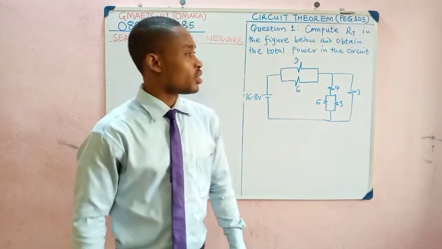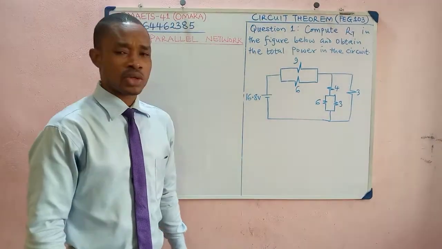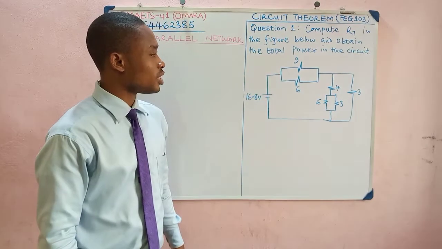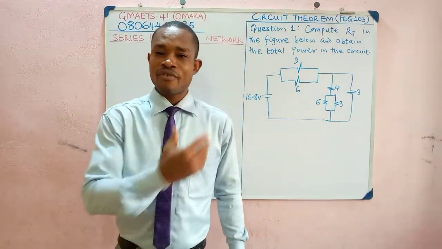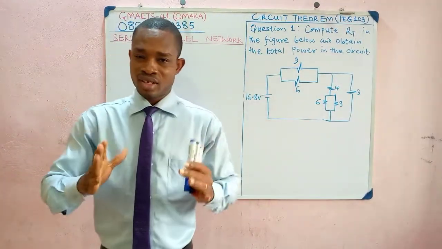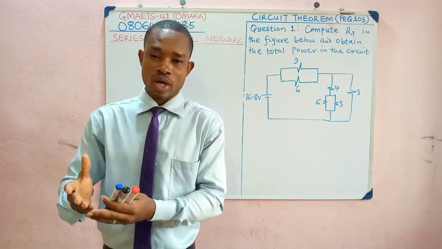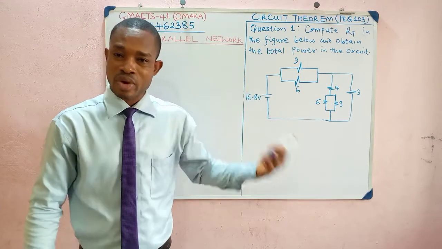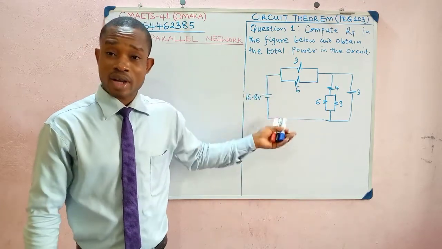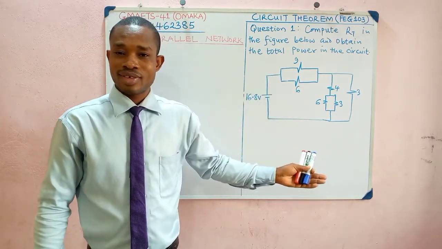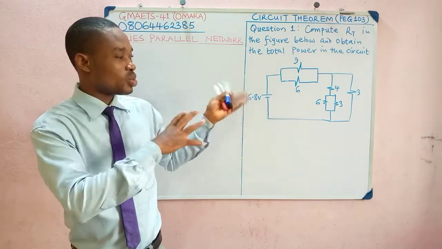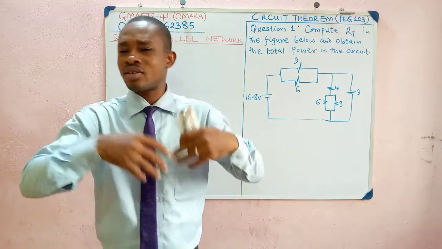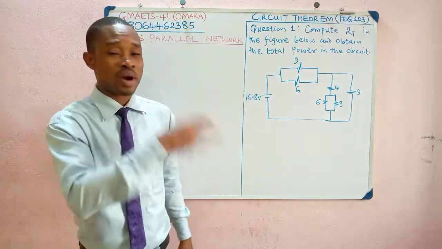We now have this question on the board. Compute RT, that is R total, in the figure below and obtain the total power in the circuit. Now if you look at this circuit, it is a series parallel resistive network. Because you can't say that this is a series resistance arrangement. You can say it is parallel resistors arrangement. You can say that the connection between the resistors, some are in series, others parallel, so it is series parallel